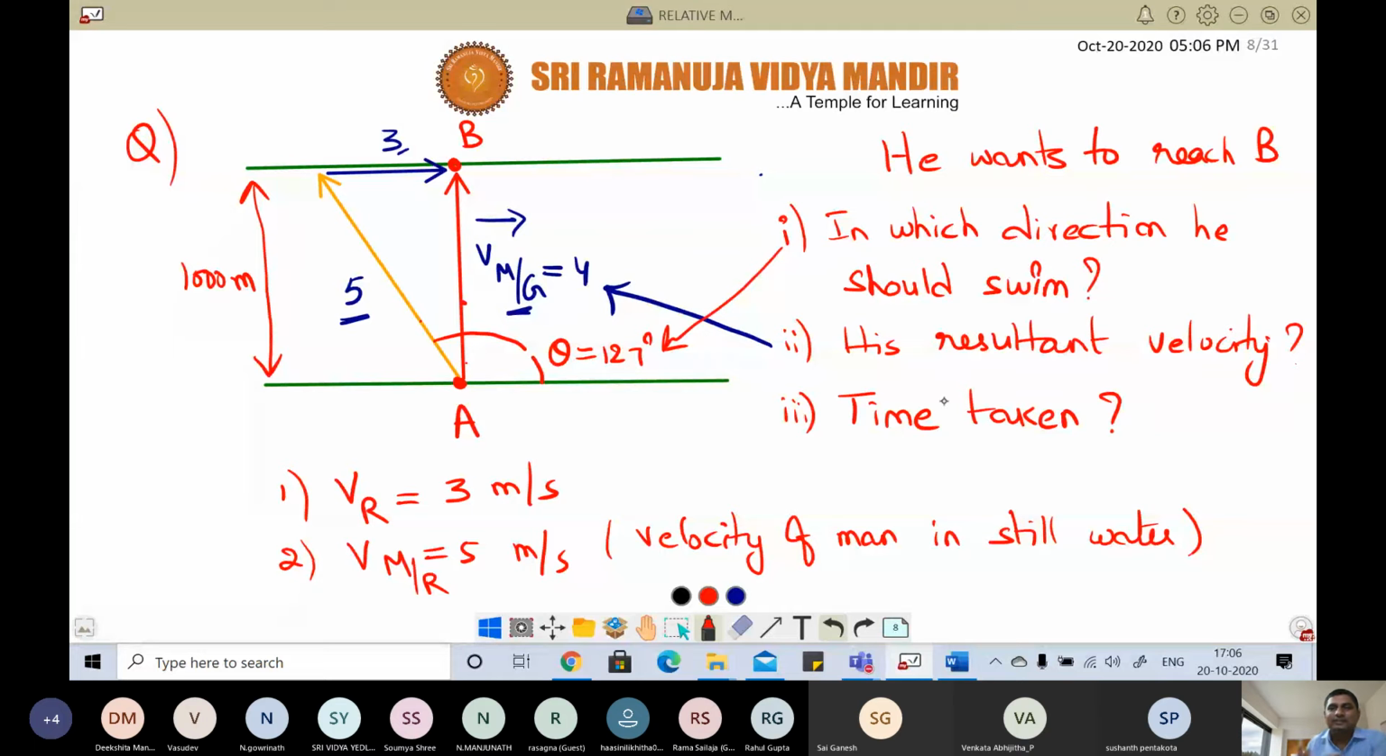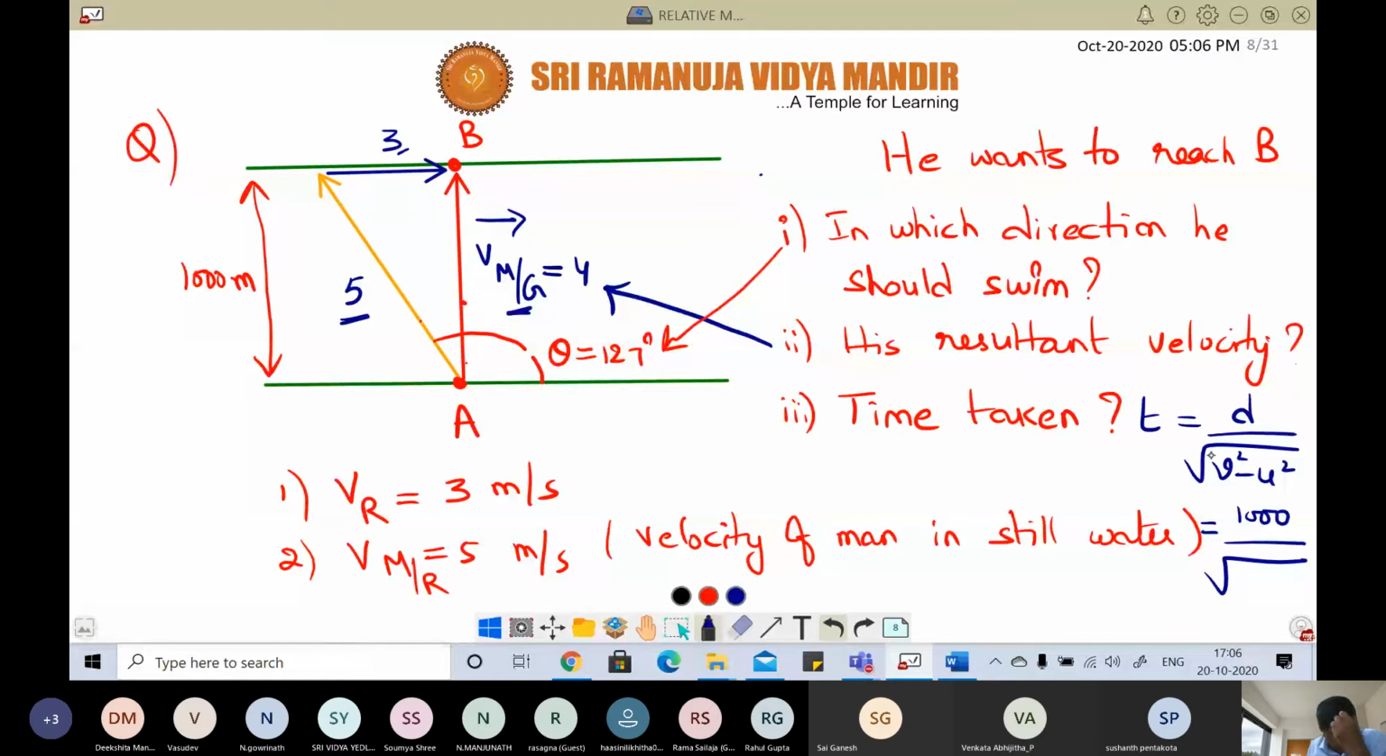Okay. Now time taken, either you go by procedure wise, or otherwise, since we already know this is the second case, that is crossing the river in the shortest path, and we have the formula also. What is that formula? T is equal to D by root over V square minus U square. So that is equal to D is 1000 meters divided by